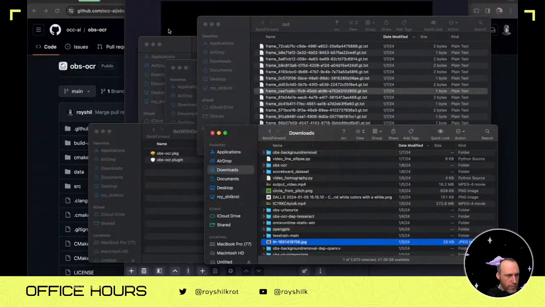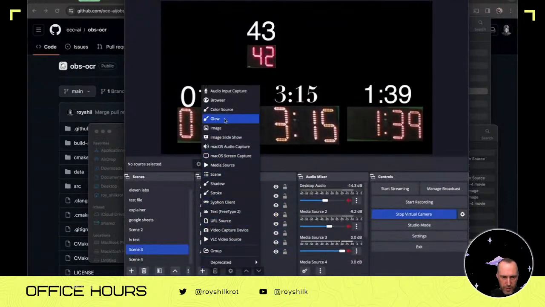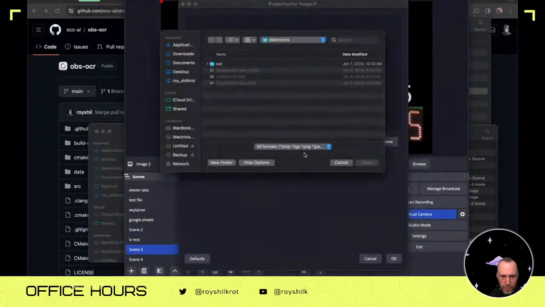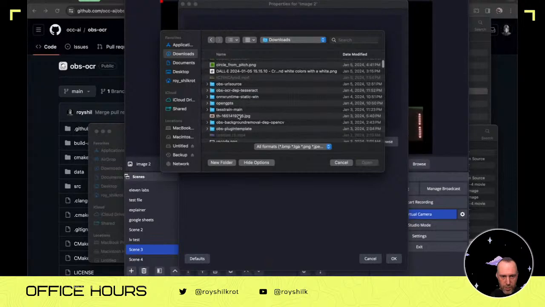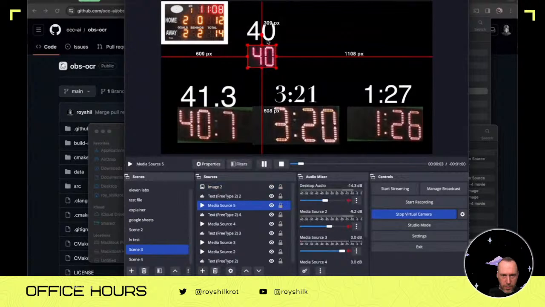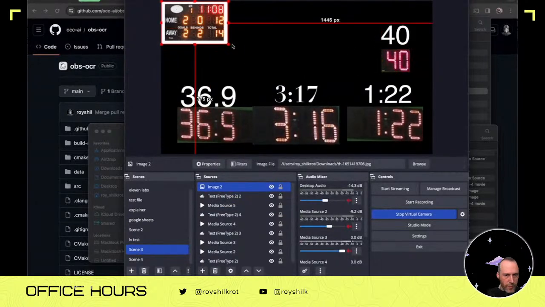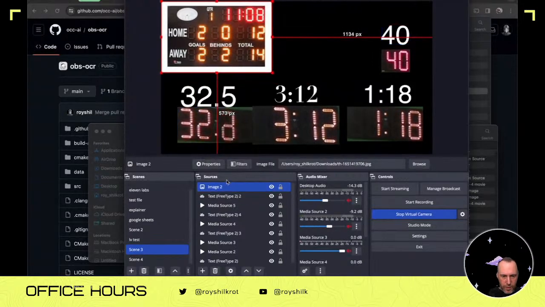Yeah, so you can use this for reading just about anything. So let's have an image here, and I'm gonna just bring in that scoreboard thing in here. So any source that produces an image is fair game for the OCR. All right,